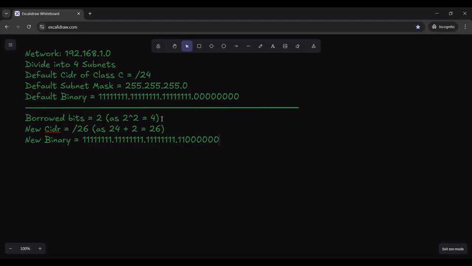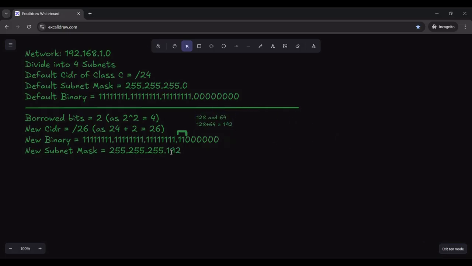Now the new subnet mask is going to be 255.255.255. The last one is going to be different because now we changed the binary digits of the last segment, and we know that the value of the first one here is 128 and the second one here is 64. So 128 plus 64 is equal to 192. To know this, you have to look at the 2 raised to power tables, to understand that